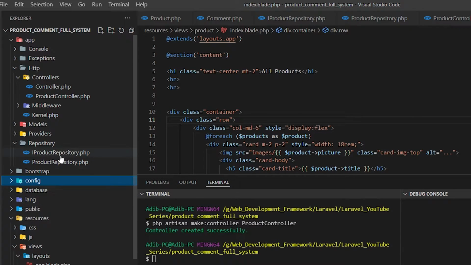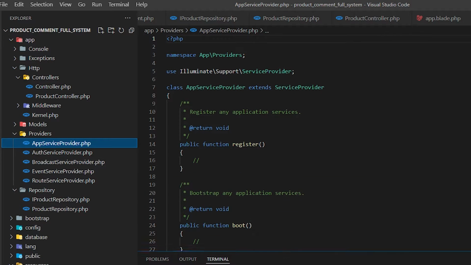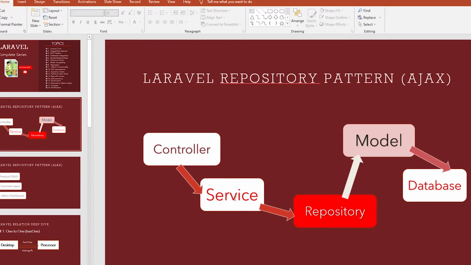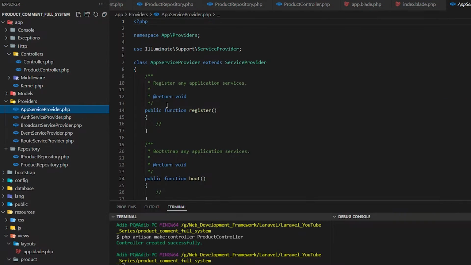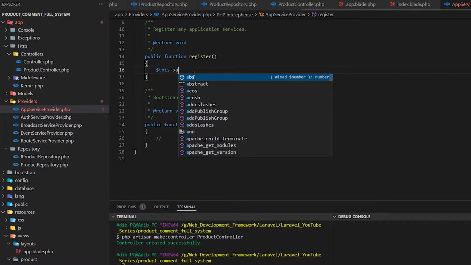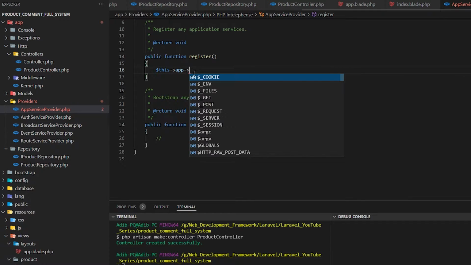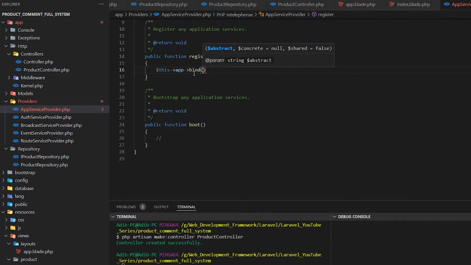So before we do that, we need to go to one more file, which is go to providers, app service provider. As you can see, the app service provider will connect the controller and the repository. How does the controller know about the repository? So in the register function in the app service provider, we need to call this app bind. This app will bind I product repository dot class with